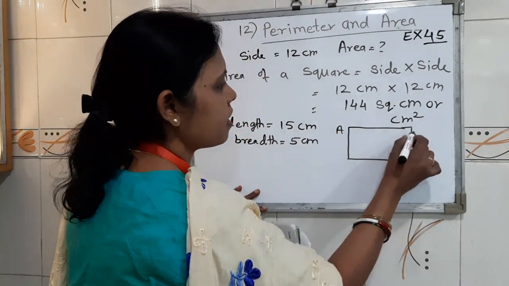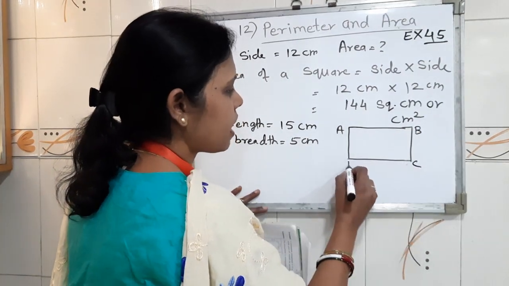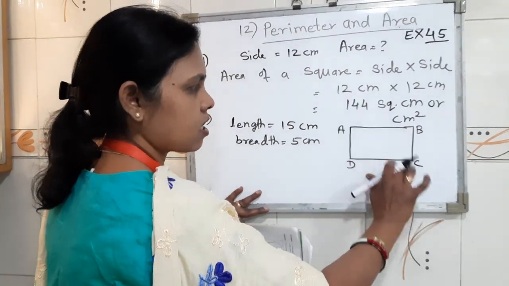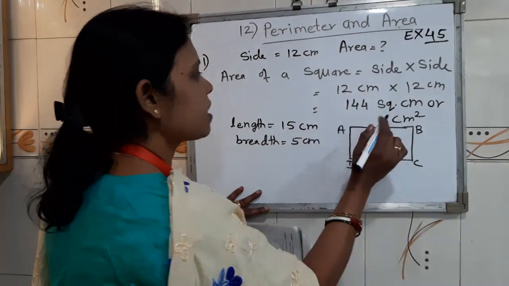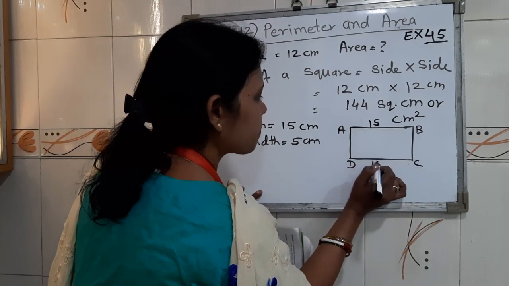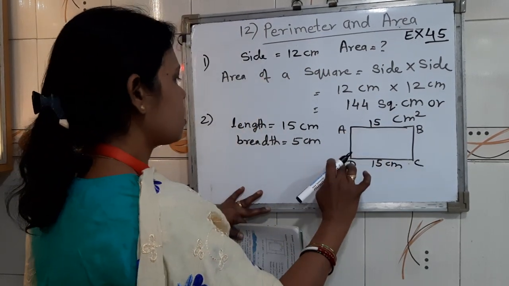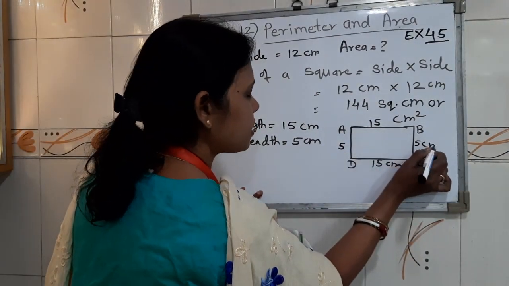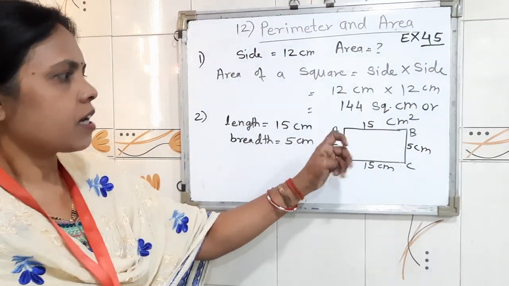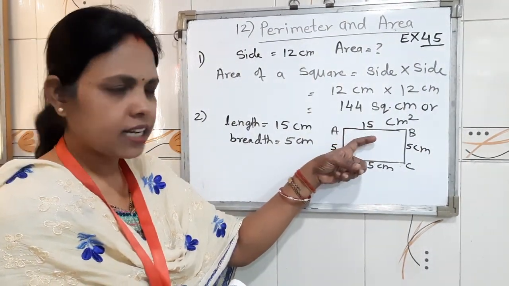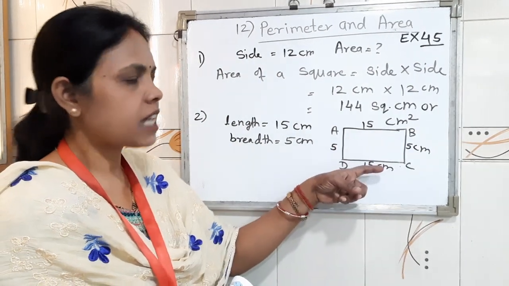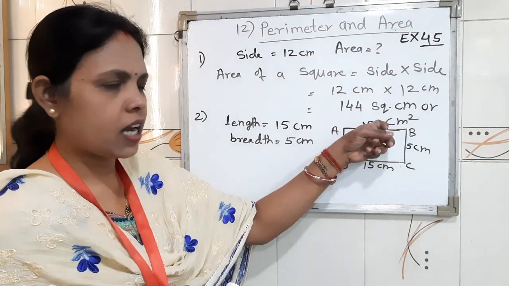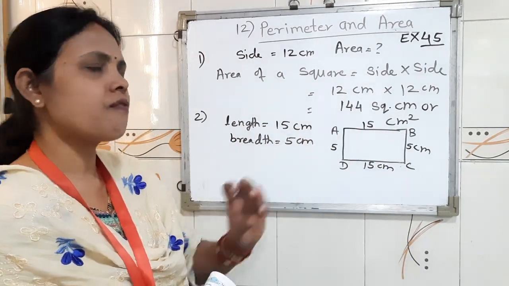I hope you all know the geometrical figure of a rectangle like this way. This one is A, B, C and D. Length AB equal to length DC. Means opposite sides of a rectangle are 15 centimeter. And length AD, that is 5 centimeter. Here also 5 centimeter. In a rectangle, opposite sides are same. That's why AB 15 centimeter we had taken and AD we had taken 5 centimeter.